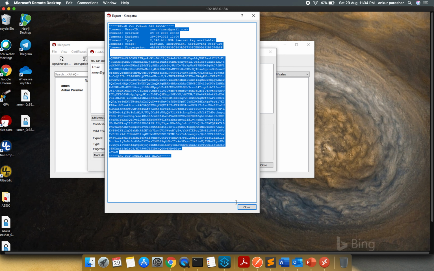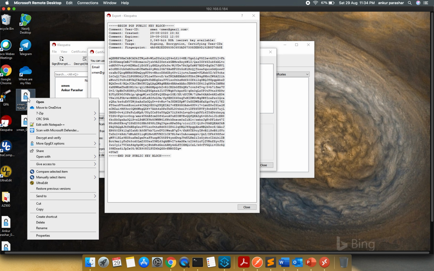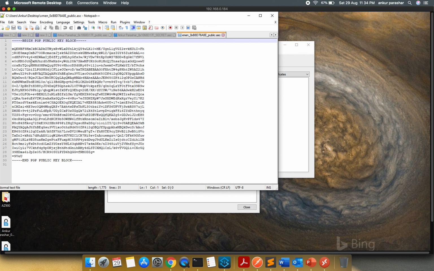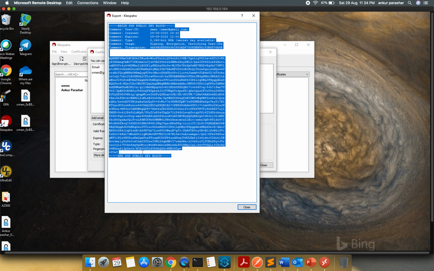Okay, I will close this, or maybe I can try to compare something. This is the public key which I am opening right now. It starts with MQ and ends with EU. Okay, close this. EU and MQ. So this is the public key combination.